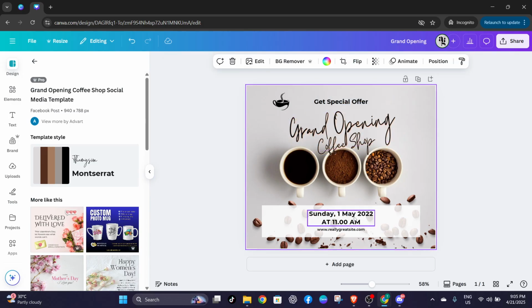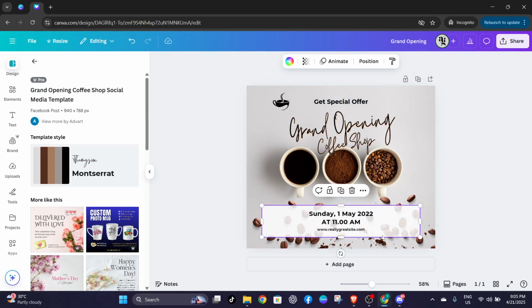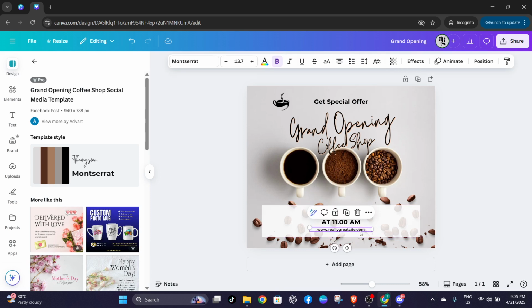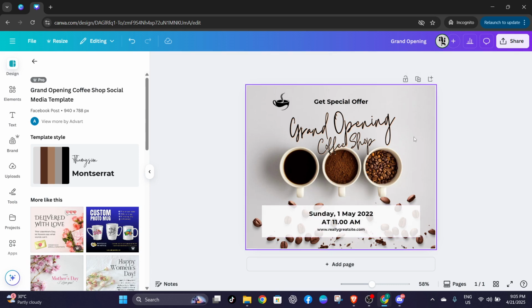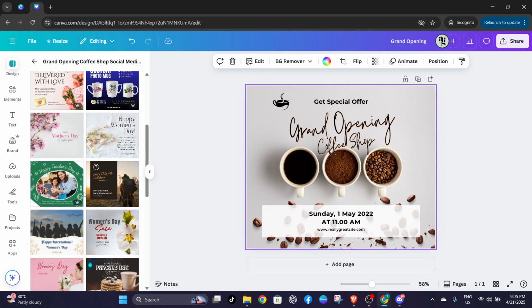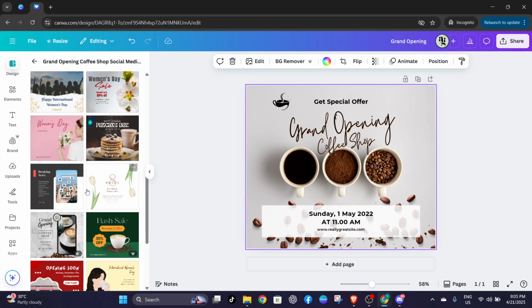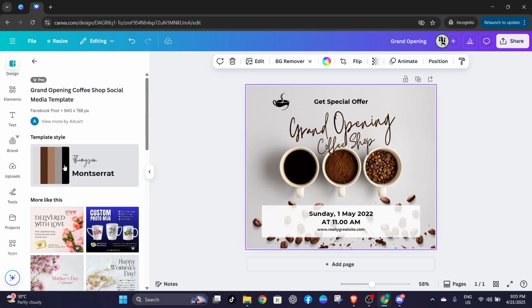To make your design even more personalized, incorporate your brand styles and dive into Canva's array of AI tools like the Magic Eraser or Magic Edit to refine your project further. These features allow you to make sleek adjustments with ease, ensuring your design is polished and professional. And that's it, you now have a beautifully designed project ready to share with the world, all thanks to Canva's